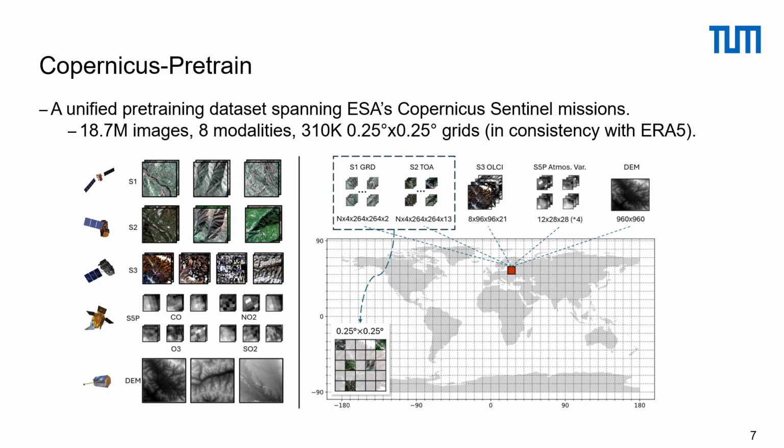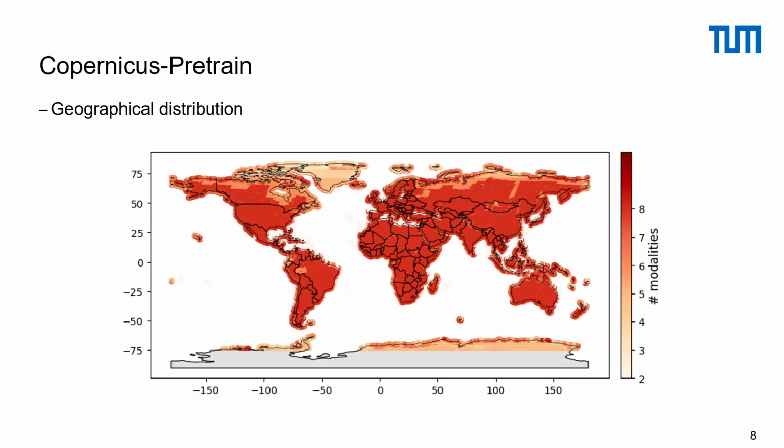For low-resolution modalities like Sentinel-3 and 5P, each patch spans the whole grid. For high-resolution ones like Sentinel-1 and 2, we subsample local patches using a mix of Gaussian and uniform sampling strategies to balance the redundancy and diversity. Geographically, the dataset covers almost the entire land and nearshore oceans, including polar regions which was rarely covered by previous